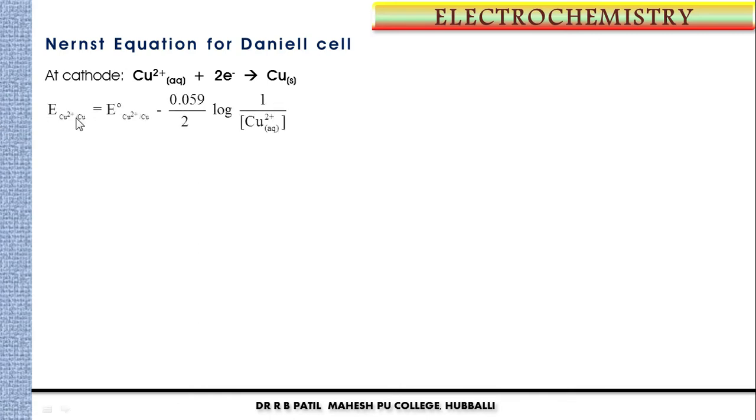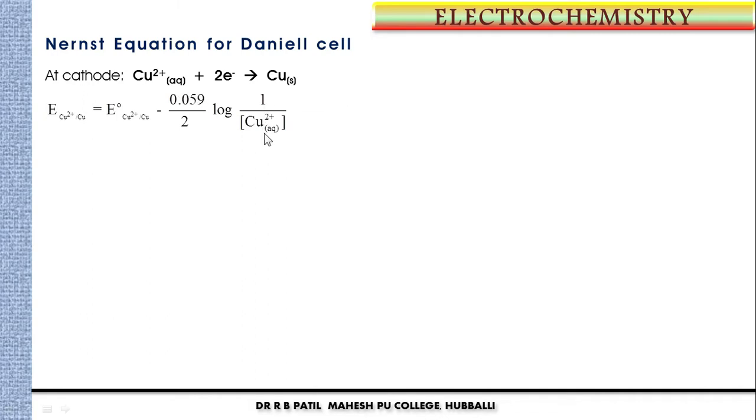Students, now let us see how to write the Nernst equation for the Daniell cell and other cell reactions. At the cathode in the Daniell cell, reduction takes place. Cu2 plus ions gain 2 electrons and are reduced to copper. E of copper is equal to standard reduction electrode potential of copper minus 0.0591 divided by 2. That 2 indicates the number of electrons here, log 1 divided by molar concentration of Cu2 plus ion. So here what should we write, students? It is the molar concentration of product ion. There is no ion in the product, hence it is equal to 1 divided by molar concentration of reactant ion.